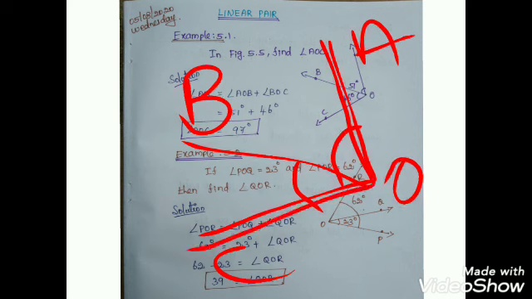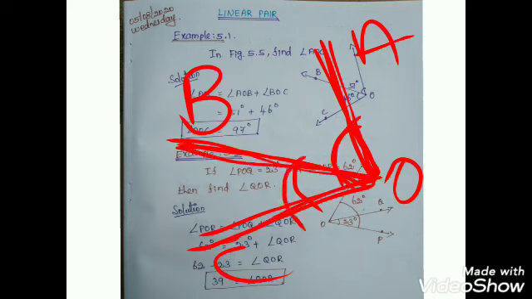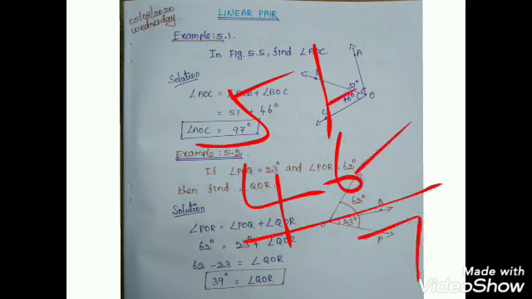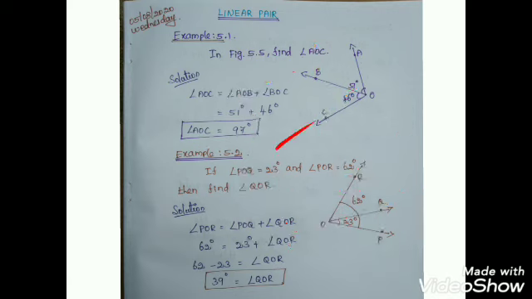We will calculate angle AOC. So angle AOB plus BOC. If we add these two angles, we can find out the total angle AOC. So listen, angle AOC equal to angle AOB plus BOC. Already know that AOB is 51 degree, BOC is 46 degree. So 51 plus 46, 6 plus 1 is 7, 5 plus 4 is 9. So 97. Okay, next example 5.2.